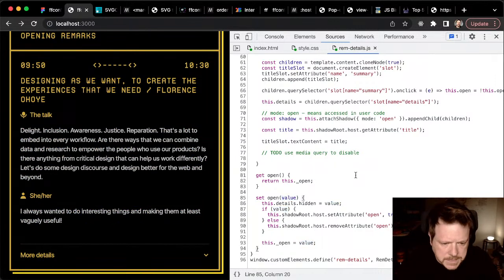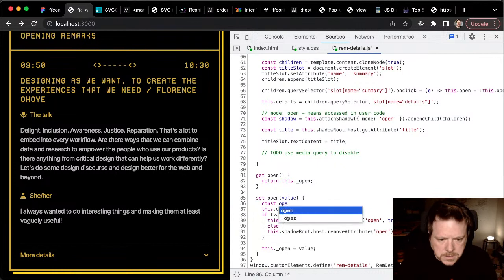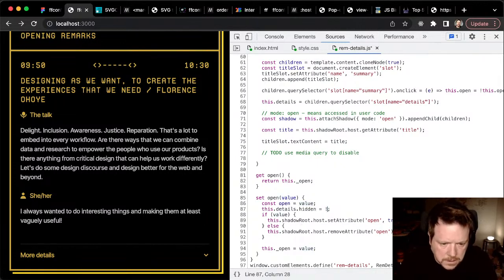Oh, you silly sod. Const open equals value. Hidden equals not open. Okay, and the initial state,